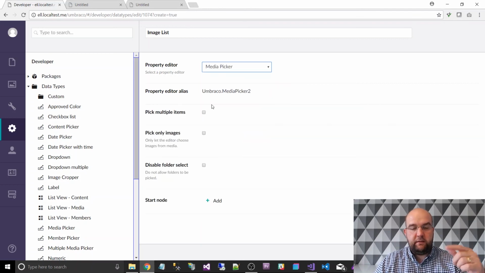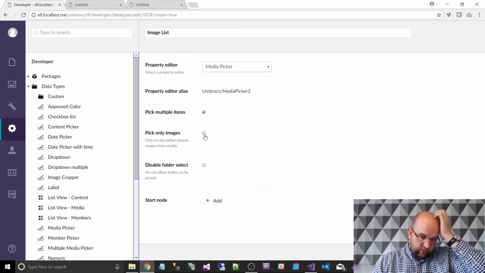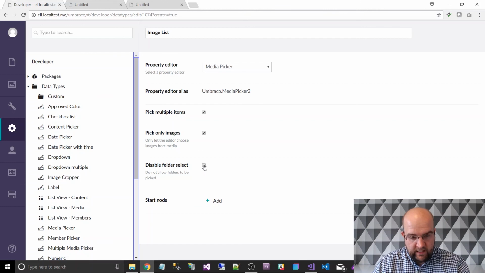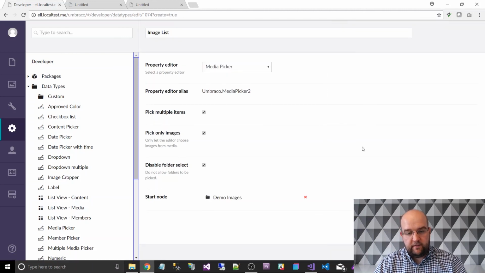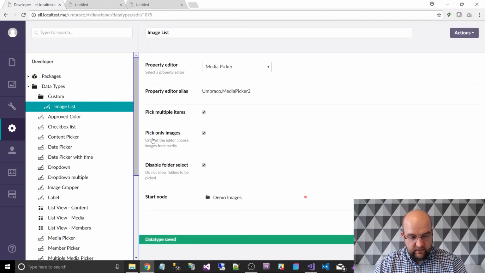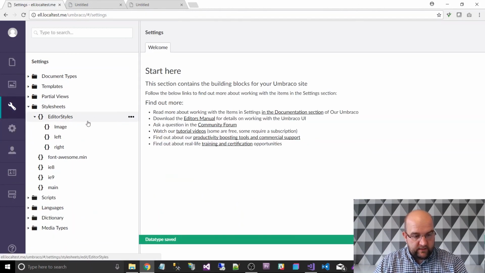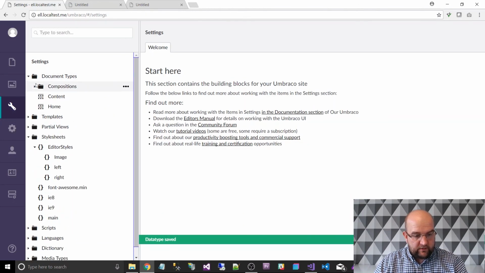So a media picker, and I want to pick multiple items, and I want to pick only images, and I don't want to be able to pick a folder. And if I wanted to, I can choose a starting node from within the images folder. So if I wanted to, I could only let it pick from this folder here, demo images. So if I click on save,